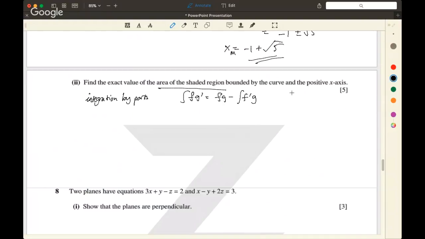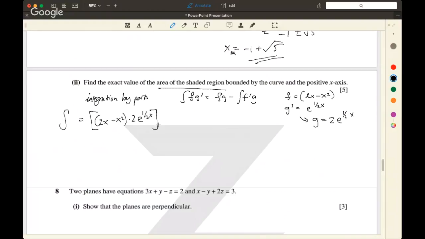But so in our first case, our f that we're going to end up differentiating here is equal to 2x minus x squared. And our g prime is our e to the 1/2 x, which means that g is, with a little quick integration, 2 e to the 1/2 x. Okay, we're ready. So this means that our integral is equal to fg, which is 2x minus x squared times 2 e to the 1/2 x. You still have to evaluate this bit